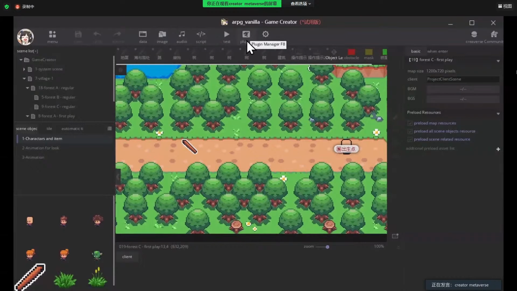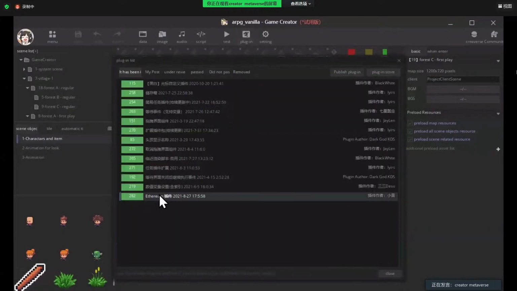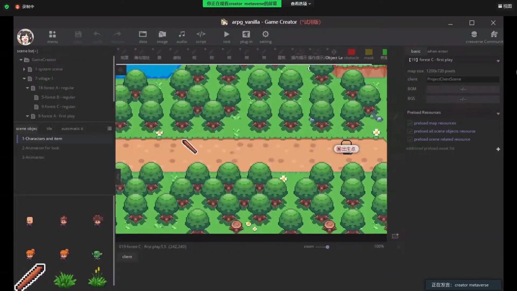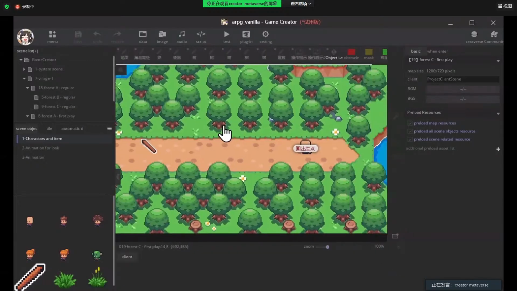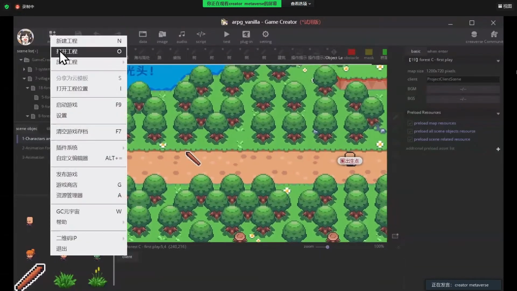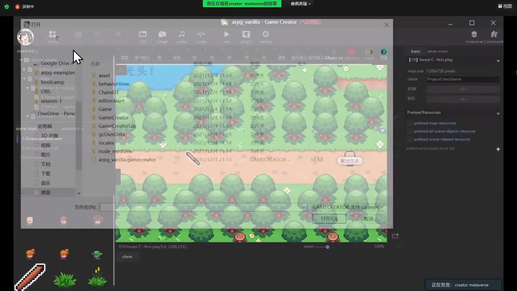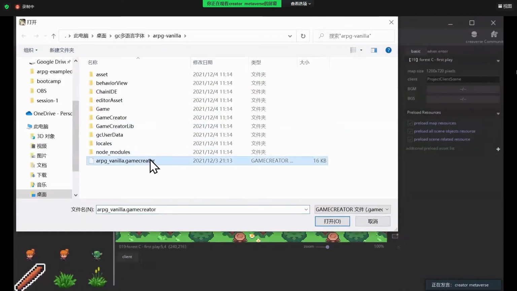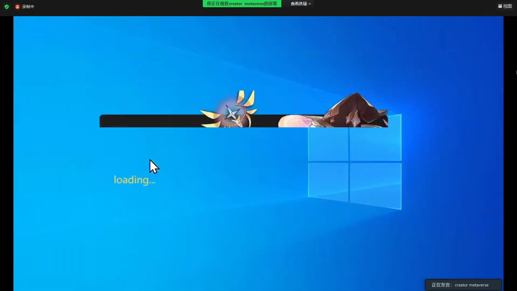We click here, plugin manager, to make sure the ETH plugin is installed. In this Game CreatorDX version, by default, this plugin is installed for you. Then the module and template are already loaded. So we can click here, menu, and open a template, and we load a new template.